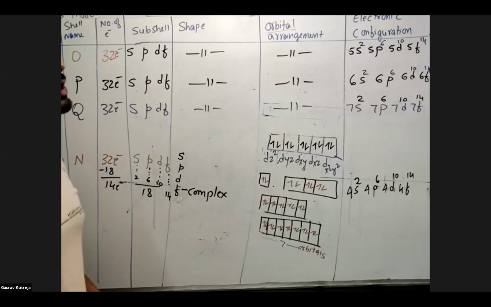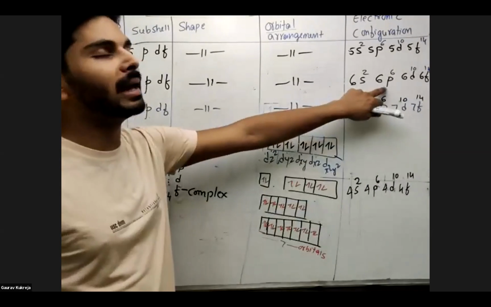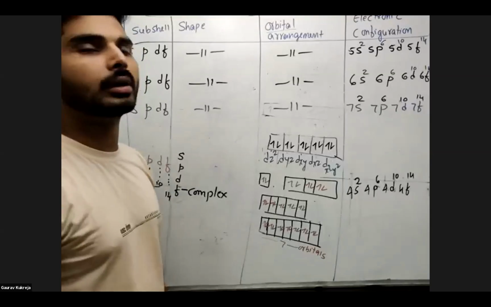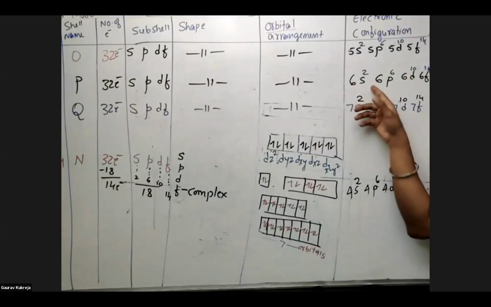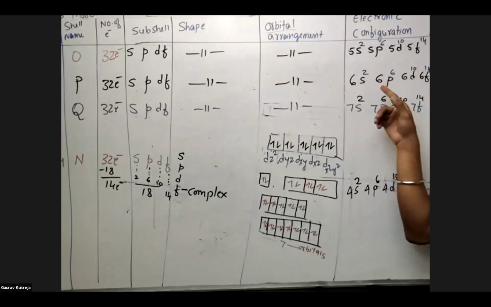So as the shell number changes, the number of electron distribution won't change. Since the movement of the electron remains the same, only that many electrons can be occupied, because as long as they are moving spherically, you cannot increase the number of electrons beyond 2. As long as they are moving in a dumbbell manner, you cannot increase the number of electrons, because the maximum occupation of electrons depends on how they are moving around the nucleus.